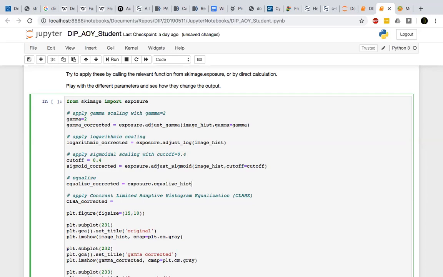hist of image hist. Okay, and this is a kind of more